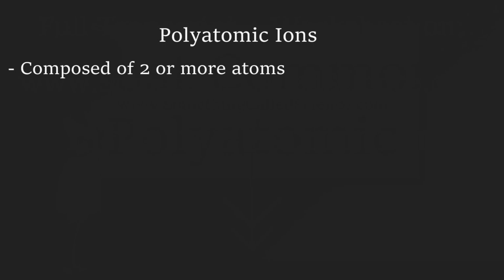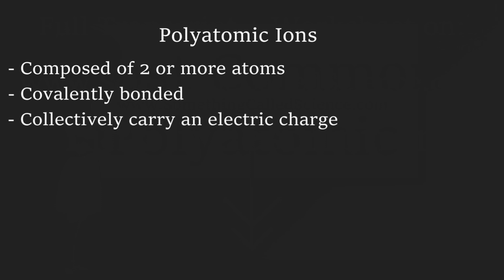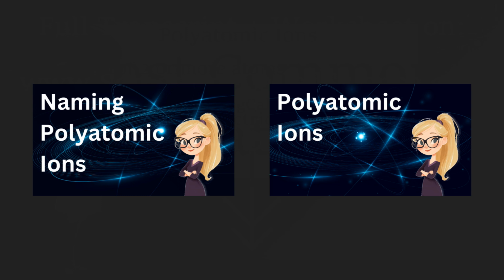As you probably know, polyatomic ions are ions composed of two or more atoms that are covalently bonded together and that collectively carry an electric charge. Polyatomic ions play a crucial role in various chemical reactions, and so it's important to know about them. We have other videos that dive more in depth into polyatomic ions. In this video, we'll focus on a list of the ones that are most frequently found in chemical compounds, reactions,